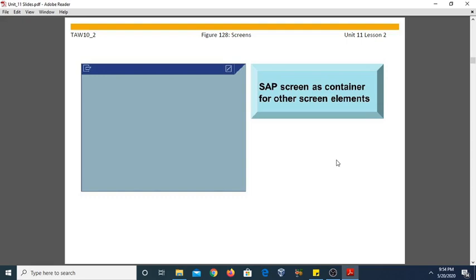This SAP screen may be a container for other screen elements, and the screen elements may be the input field, the output field, the checkbox, the radio button, the command button and so on. So we have a number of screen elements that can be contained by the SAP screen.